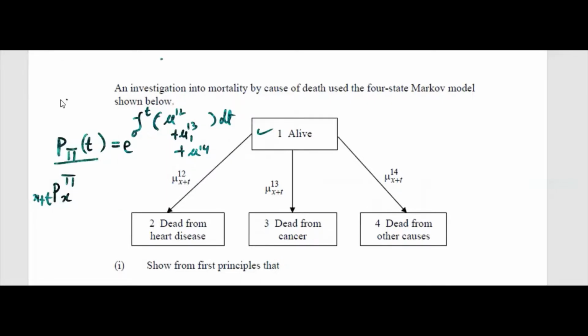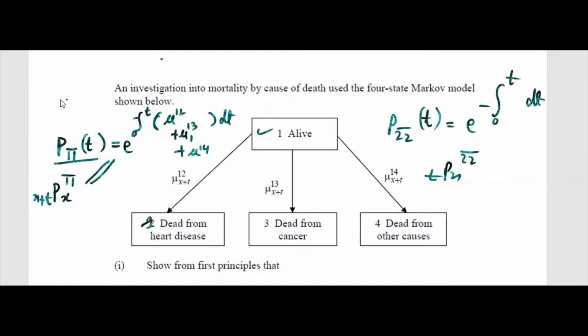So you write this symbol or this symbol, it doesn't matter. However, when you find P22 bar T, or P x to T 22 bar, whatever way you write, when you find e power minus integration 0 to T dt,